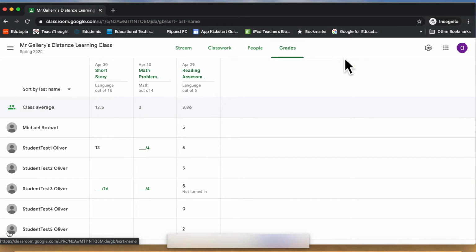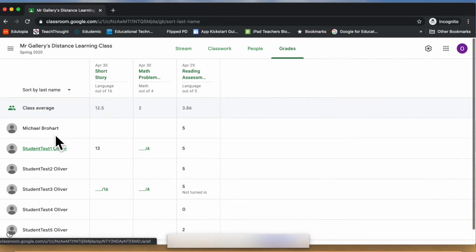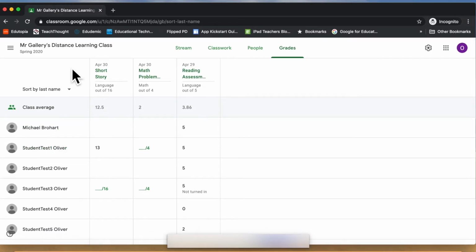So I've clicked on it, and you can see that I'm brought into this kind of gradebook looking thing. So let me go over some of the things that we're looking at here. Obviously, down the left-hand side, we have our students. They're in a list. Then up at the top, we have 3 different assignments. I have a language assignment here, I have a math problem assignment, and I have a reading assessment assignment as